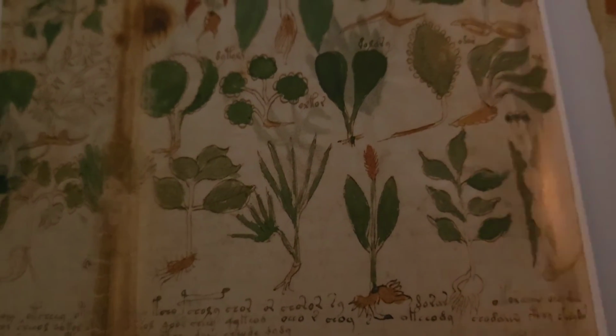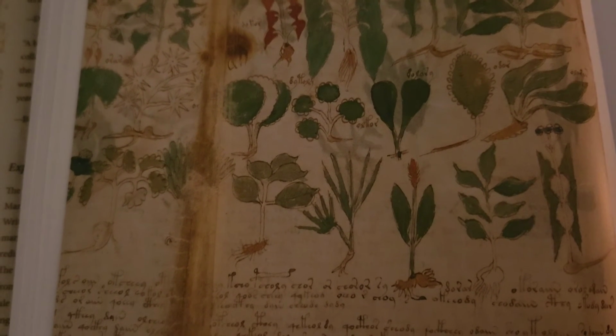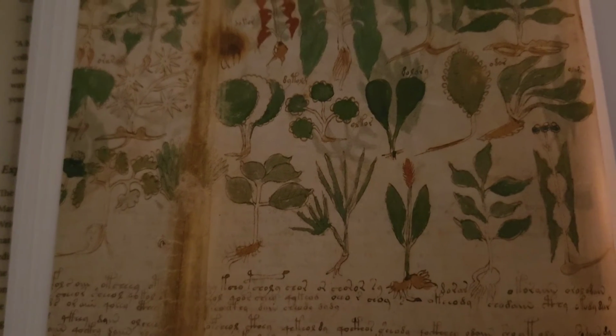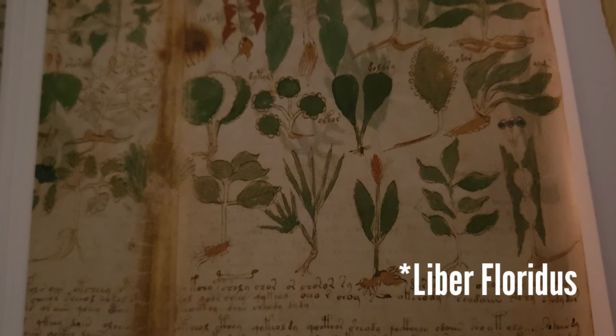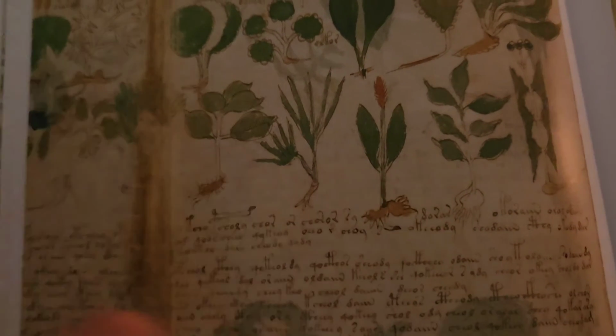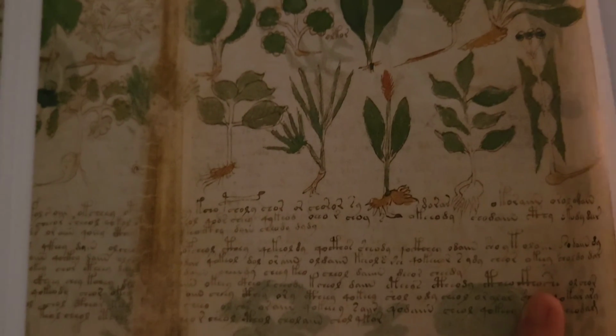I did, oh jeez, I forget what it was called now. Oh, it'll come to me. Oh man, I'm gonna have to look it up. Oh, the Liber Floridus, I think. I'll have to add it in post, but it was basically this encyclopedic compendium